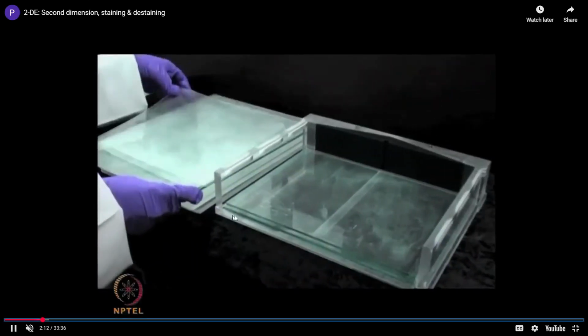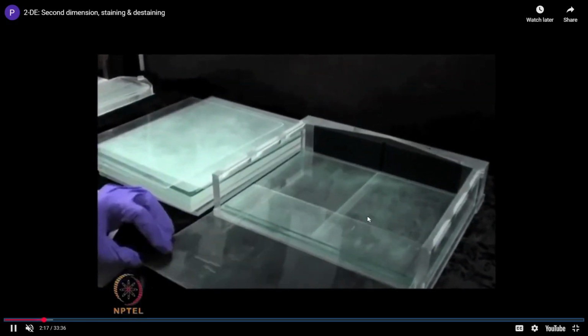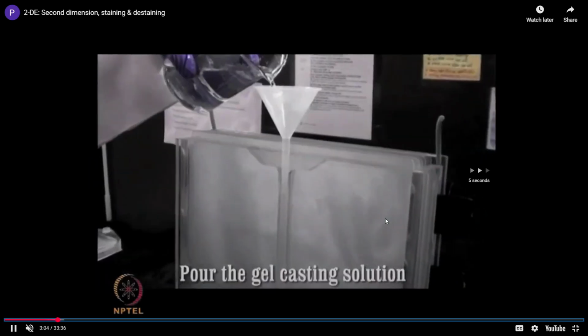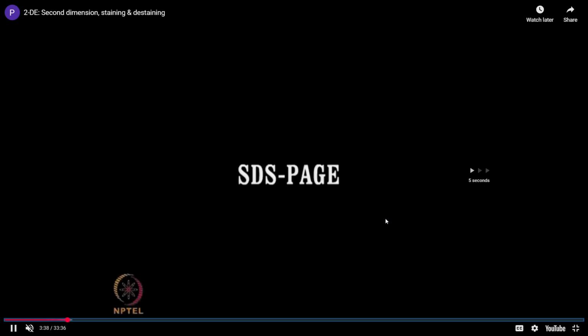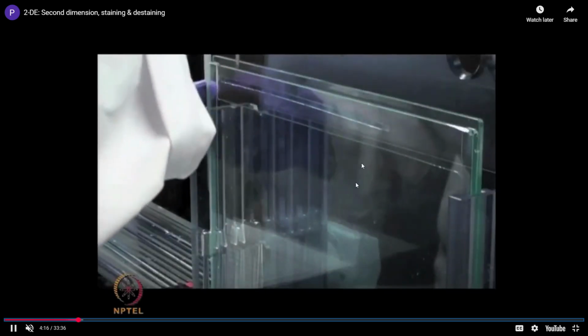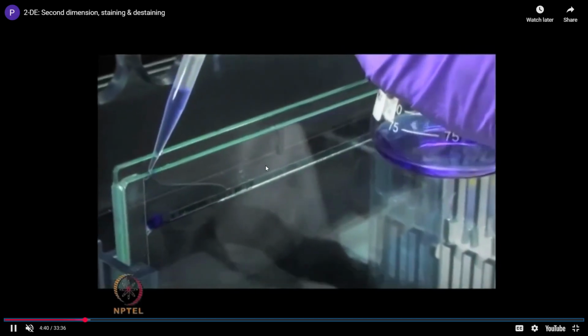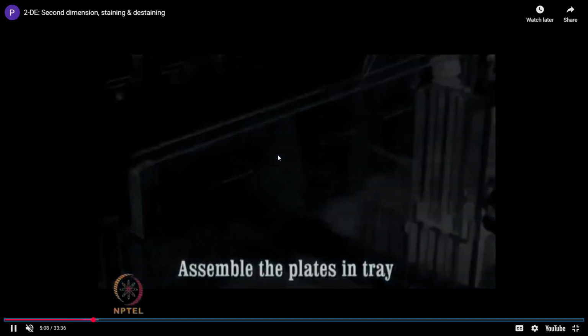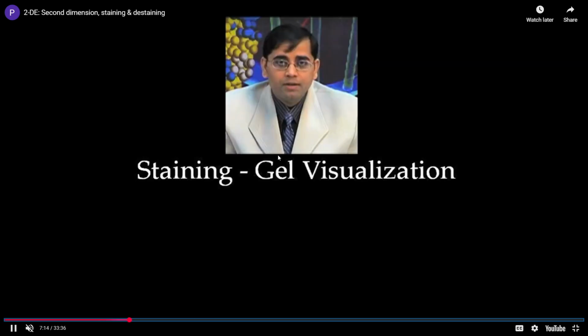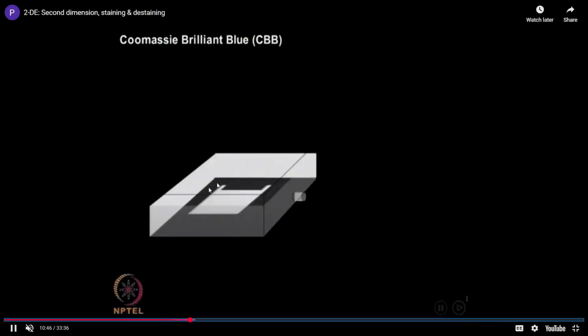So this is how the gel setup is initially made. Ensure proper packing. Then the gel is loaded, the SDS-PAGE, and the equilibration strip is kept. So this is how the strip is kept. Then, once the strip is loaded, you will load the ladder. Then you will overlay it with agarose again, so that it doesn't become dried. Then you will keep it in the tank and run the gel. Then in terms of staining,